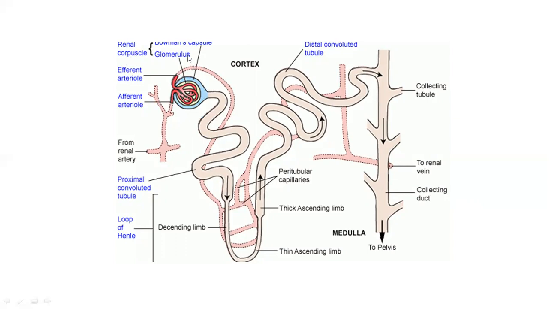One is the glomerulus, the red labeled portion, which is the renal corpuscle's first part, and that is formed of blood capillaries. This is the glomerulus. And then this cup-shaped structure, which is enclosing or holding the glomerulus, shown with the blue coloring, is the Bowman's capsule, the second part of the renal corpuscle.